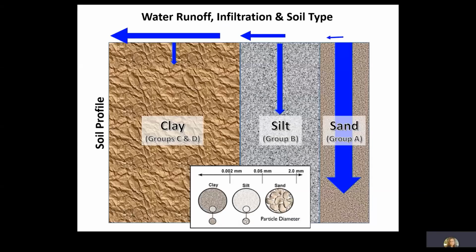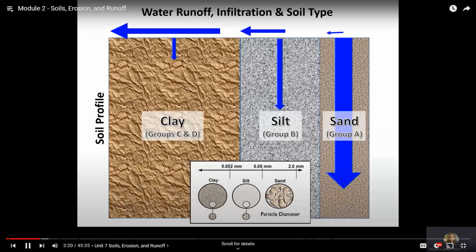This slide illustrates a profile of the three major categories of soil: clay, silt, and sand, and the blue arrows indicate the level of infiltration of stormwater moving through each profile. Notice how water infiltrates the furthest through the sand soil type, as the particles are larger and have more pore space in between, allowing for greater infiltration at the top of the layer and throughout the profile. Clay soils allow the least amount of water to infiltrate as the particles are very small and are bound tightly together with greater cohesiveness. As you can see, silt is in between those two extremes.